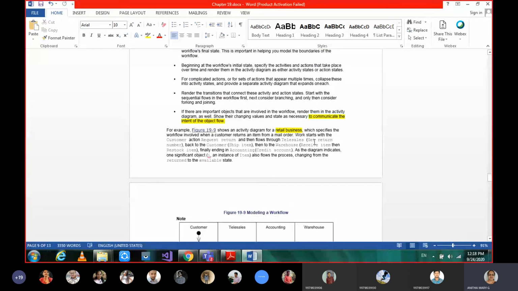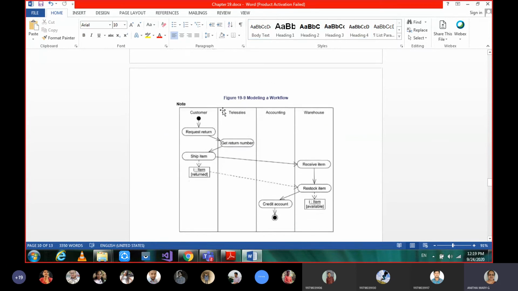Let's concentrate here: retail business, which specifies the workflow involved when a customer returns an item from a mail order. When he wants to return a product, that is the scenario here. So the customer requests a return, and the salesperson gets the return request and will prepare a number.